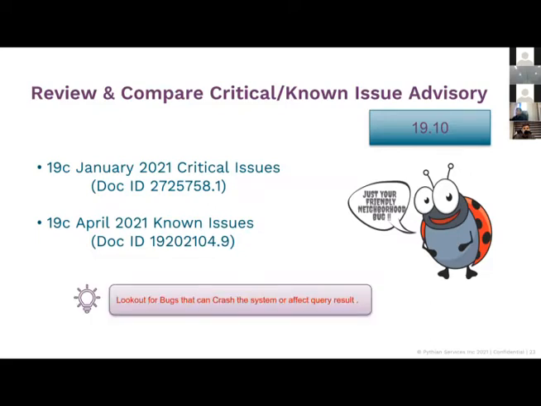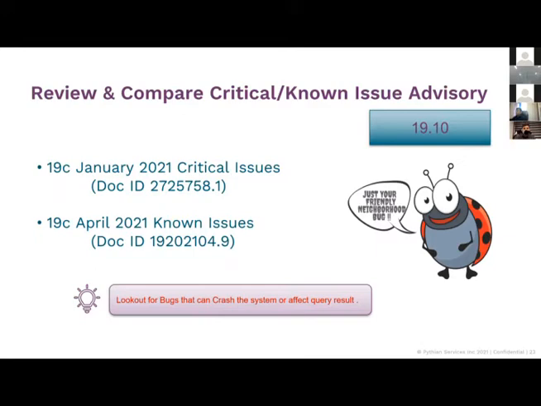Look out for bugs. Now, these bug reports can be really overwhelming, right? You don't have to go and worry about each and every one of them. But what you want to look at is anything that might crash your system. Many a times there are bugs that are known to crash systems quite frequently. If you find there's something that is applicable to your configuration and might affect you at 19.12, then it's better to avoid it for a few months, right? You'll get a more stable environment in 19.11 perhaps.